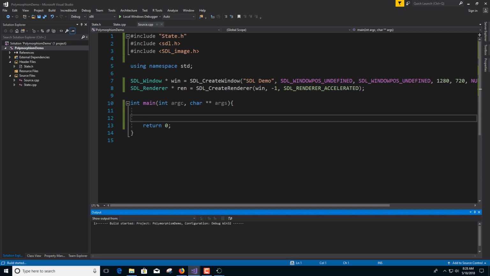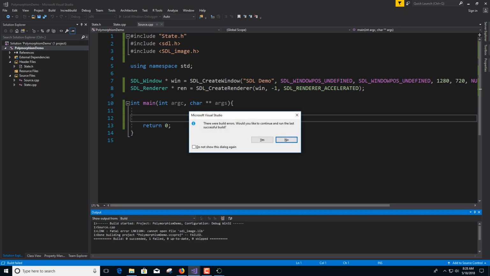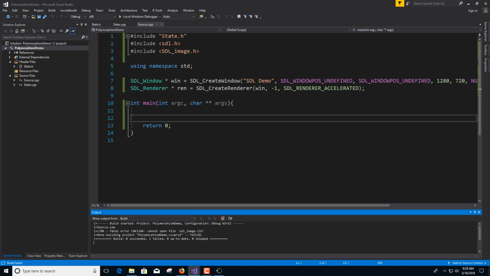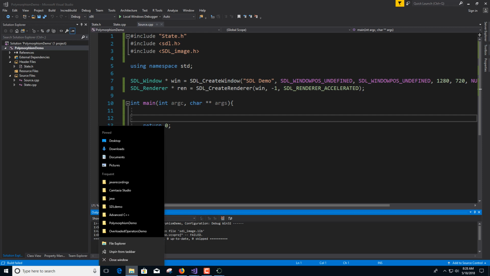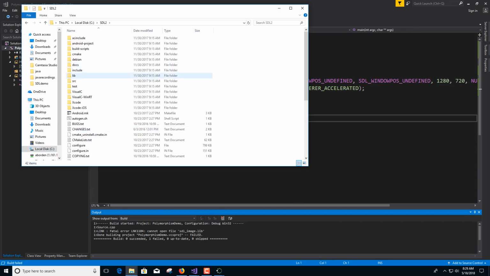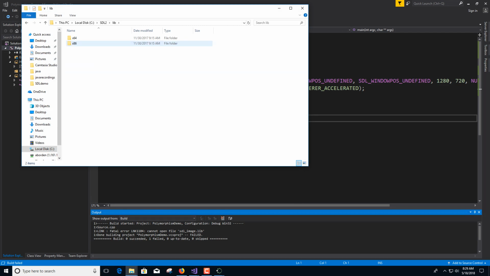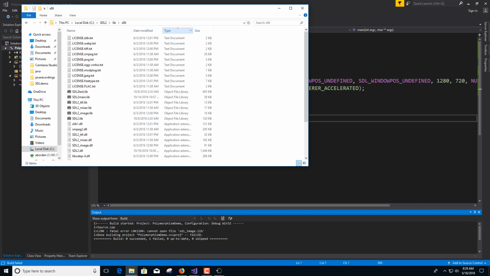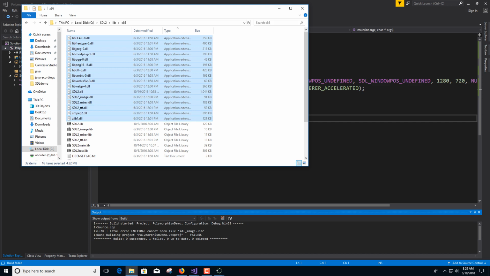See if that will compile. Okay, something else we gotta do. Let's go back. Let's open up a file explorer and make your way back to the SDL2 directory. Go to the lib folder. Go to the x86. Click on type up at the top. This will bring all the DLLs either to the top or the bottom. But you need to get all the DLLs, copy those,